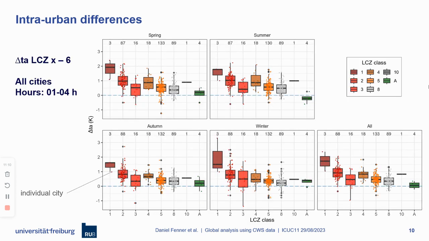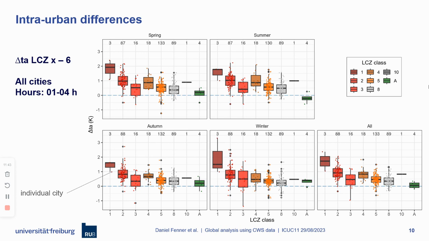What we neglect here is the variability between the cities, and therefore we now look at this one, where we have to neglect the diurnal cycle, so we just look at an average of the night hours instead. And here the box plots show the distributions over the stations, and each point shows a city mean. And essentially you can see the same thing again, that urban form matters. You see the effect of building height, and you see also the effect of building density.